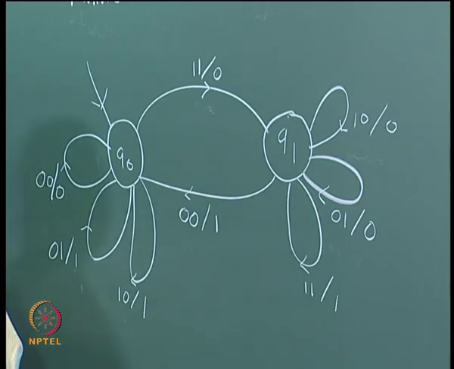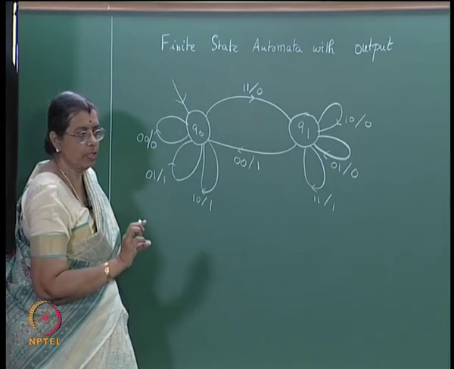This is the state diagram of a serial adder, and the inputs are two binary digits 0 0, 0 1,